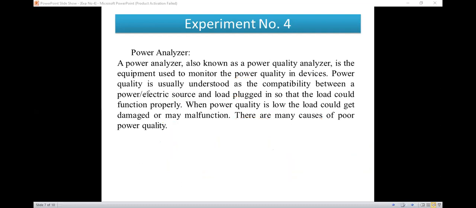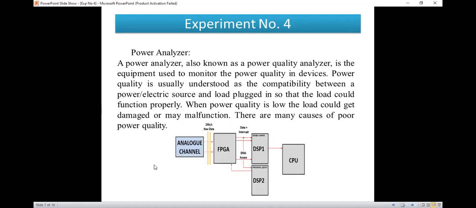हे power quality related issue आहे. So to avoid this situation, since it will damage the load equipment also. जसं आपण example घेतो, if in our home the TV or fridge is there, it may get damaged due to unequal voltage. That means unequal power quality. So to avoid that damage of the equipment, we should introduce the power analyzer or the power quality analyzer in between source to load. Source आणि लोडच्या मध्ये power quality analyzer insert केलेला असेल to continuous monitoring of power, for the power monitoring purpose.